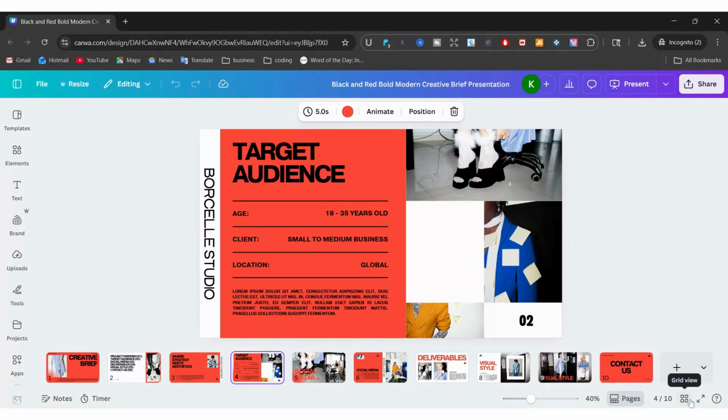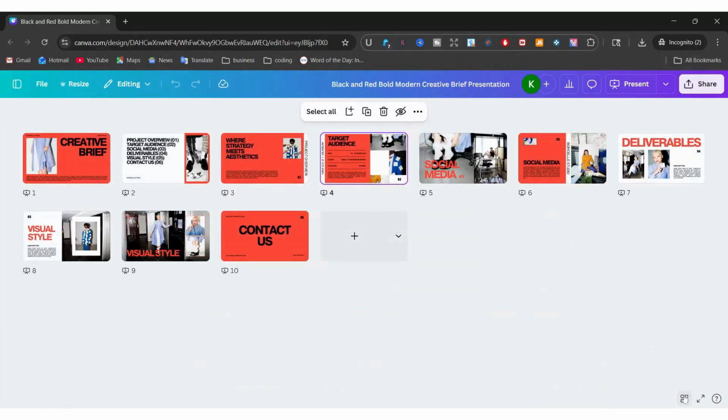If you want to get an overall view, you can also come to the bottom right and click Grid View. And now you have an overall view of all your pages. So if you have, let's say, for example, 50 pages or 100 pages, you can easily see where each page